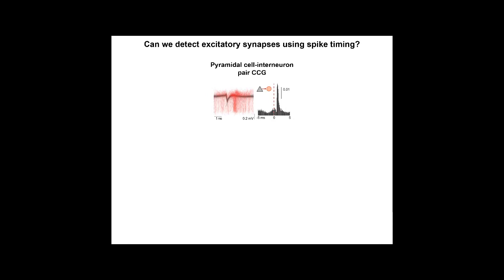In this plot, what I'm showing is the cross-correlation relationship, the timing relationship between a pyramidal cell and an interneuron. This is trying to look at that synapse that I keep saying is so important. On the left in black, these are 4,000 spontaneous pyramidal cell spikes overlaid on top of one another. At the same time, the spiking of an interneuron during the spontaneous time is shown, and when those spikes occurred in relation to that pyramidal cell spike. What you can see is that about a millisecond after the pyramidal cell spikes, there's this significant density